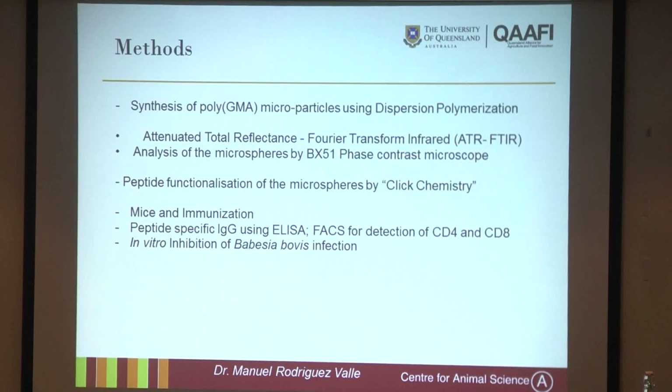we decided to produce something different, like new microparticles. Basically, in some research we have been doing in the lab, we decided to use polyglycidyl methacrylate because it has been used in humans. Different kinds of hydrogels are used in humans, and it looks very biocompatible, or you can manage the biocompatibility of this kind of particle compared with other kinds of microparticles. It's easy to do the polymerization by dispersion polymerization,